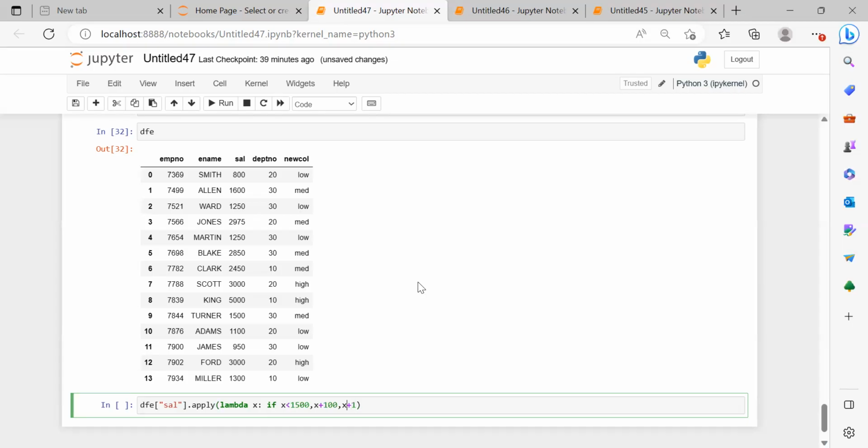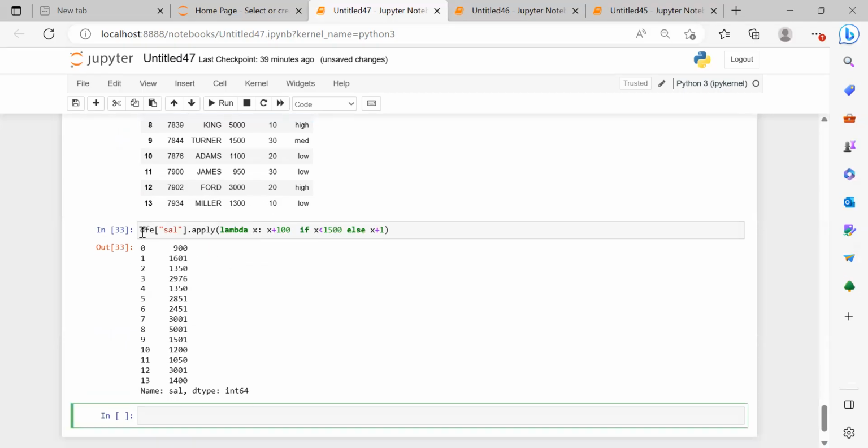But how do you write it in Python when you are writing in lambda? You know already, whatever is true will go and sit into the first position. It is a syntax. Don't worry why we are writing it like this. So if x is less than 1500, what you want to do will go here. Else x plus 1. So this result, now you can see, but if you want to apply it into a new salary column,